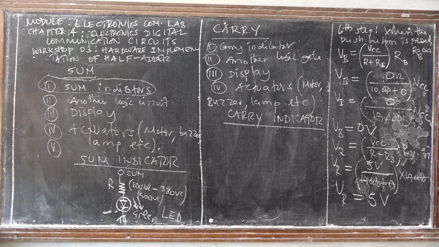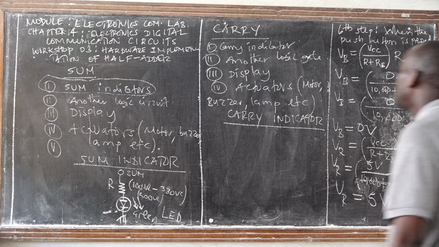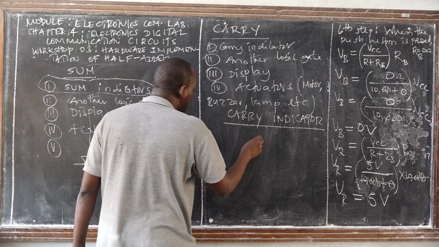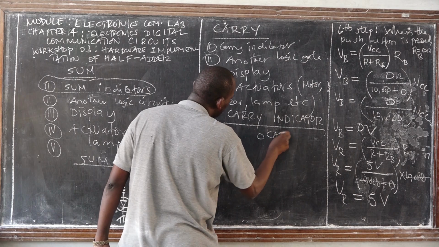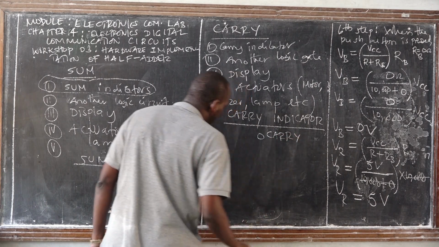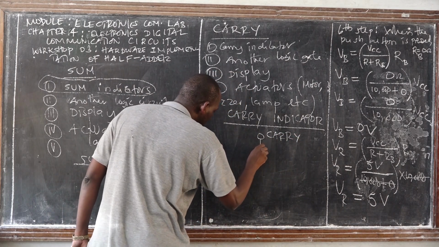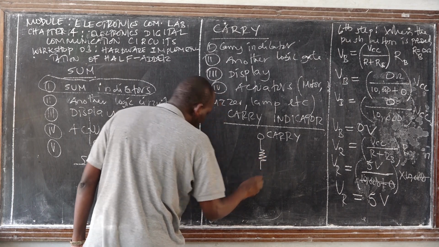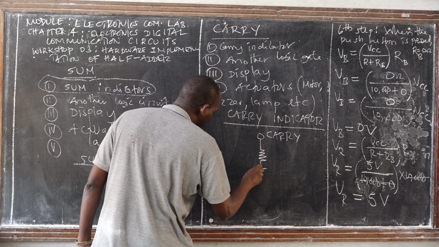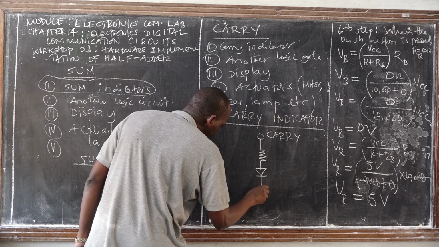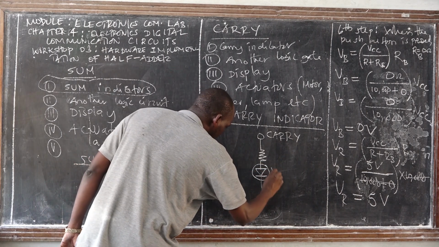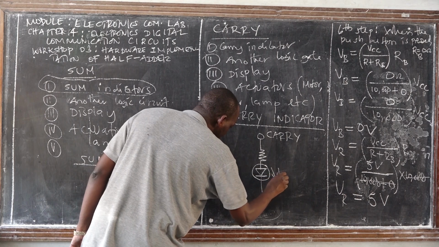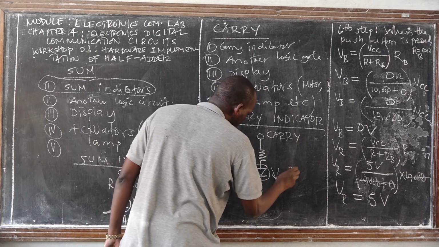Are we together? So for the carry indicator, we'll have the output from the carry of the half adder, and then we'll need a current limiting resistor, and a light emitting diode, and this one will be a red